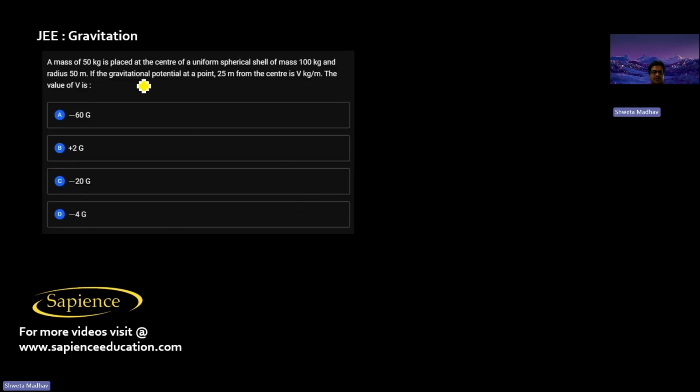But here it is told a mass of 50 kg is placed at the center of a uniform spherical shell of mass 100 kg and radius 50 meter. The gravitational potential at a point 25 from the center is E kg per meter. The value of D is